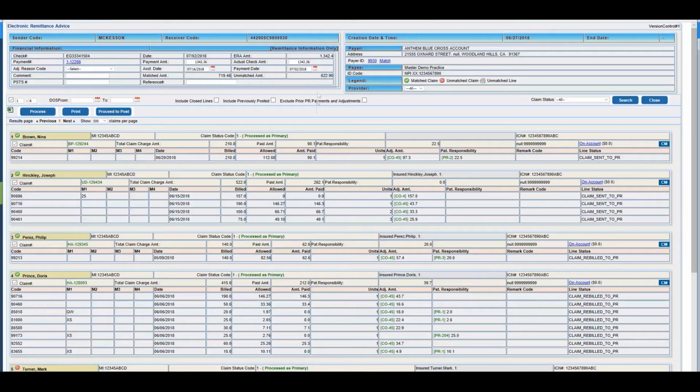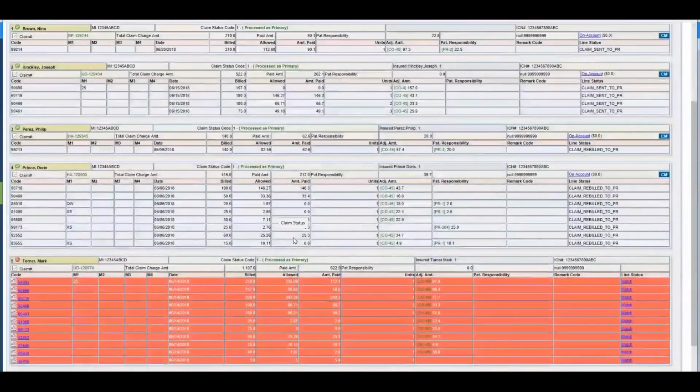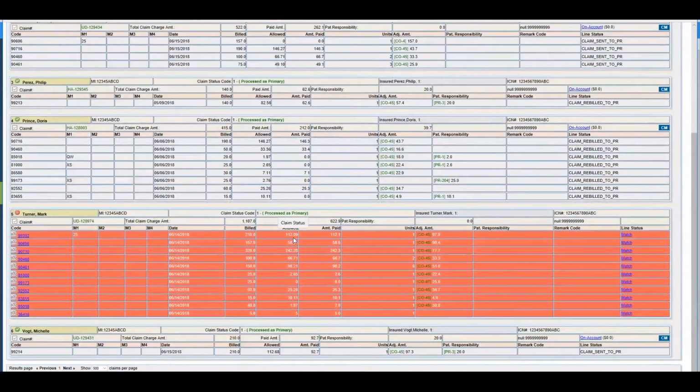Now you might get some unmatched amount if you don't have claims that you can post, or if there are any claims in the ERA that you cannot post in the system. For example, these claims are not something that we can post in the system. These are not from this database, so we cannot post it. You would typically get these unmatched ERAs in the initial days when you're switching from another system,